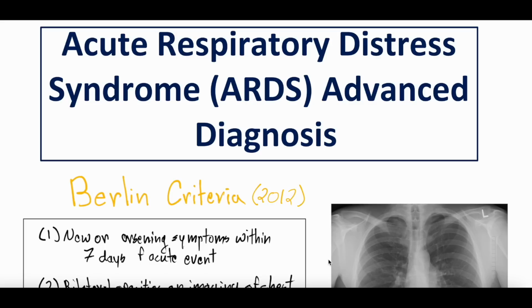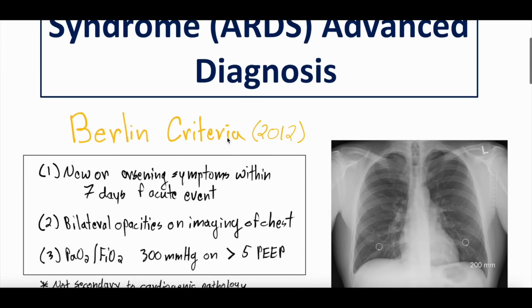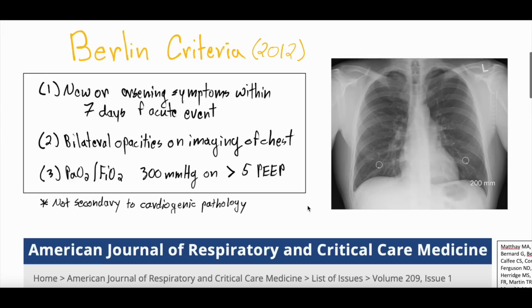Today we're going to be covering another video within our Acute Respiratory Distress Syndrome ARDS series. And this is going to be an advanced video on diagnosis. Specifically, we're going to talk about what is now considered maybe the old diagnostic criteria being the Berlin criteria, as